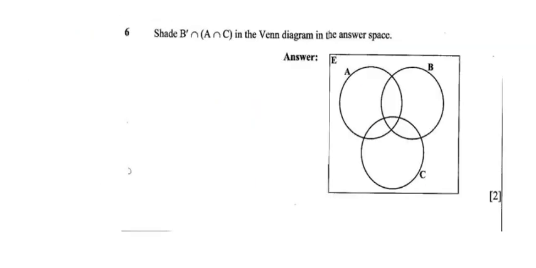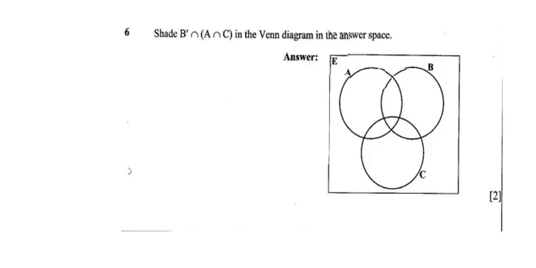So our next question is saying shade B complement intersection A intersection C in the Venn diagram below, in the answer space. So this is our Venn diagram. If you want, you just have to use the pencil. You and I understand that